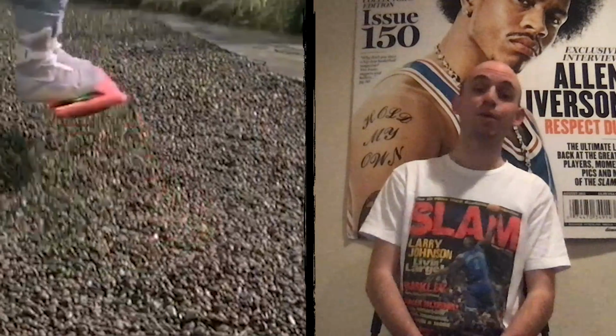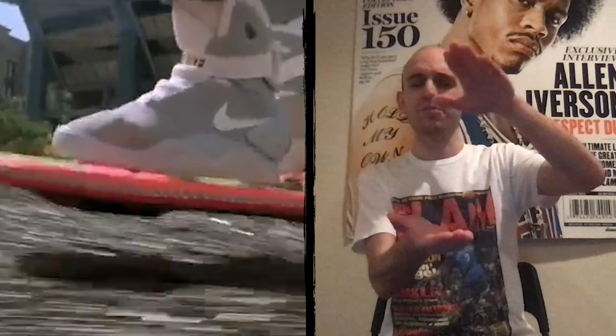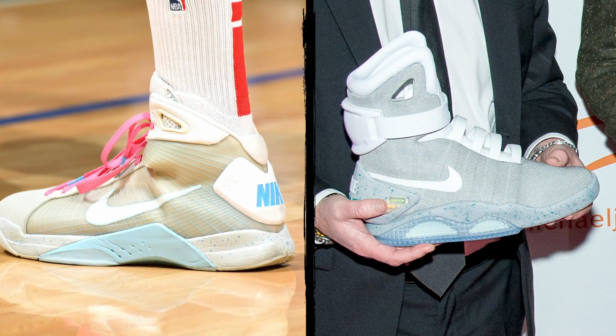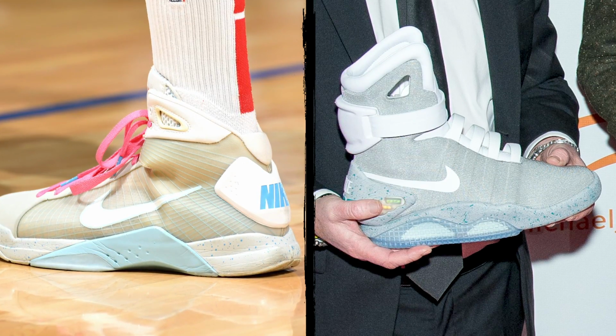And he came up with this shoe of the future. It was a super tall shoe, almost a boxing boot type height. It said Air Mag. It had a bunch of stuff that people in the 80s weren't really used to seeing. And that specific colorway is the direct inspiration for the shoe that you see PJ Tucker wearing right here. So for all the innovations that the Air Mag presented, now you look at this Hyperdunk,